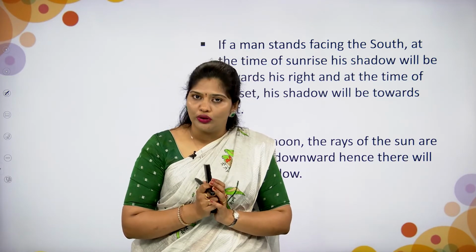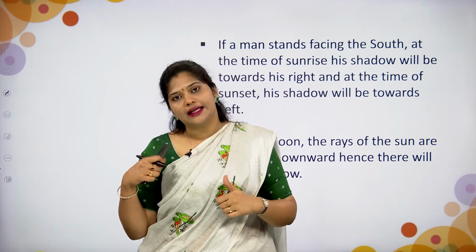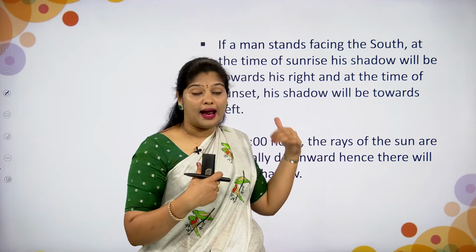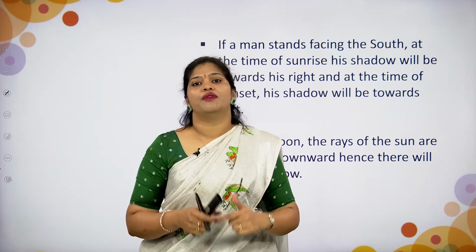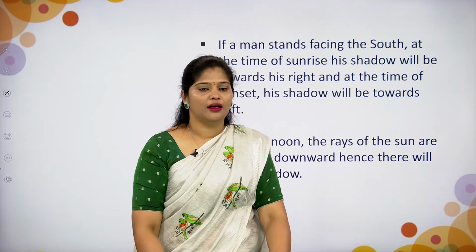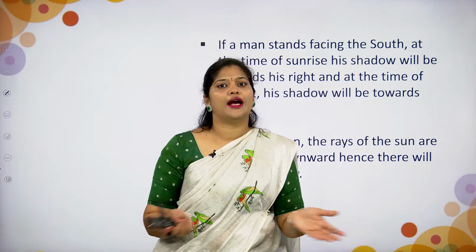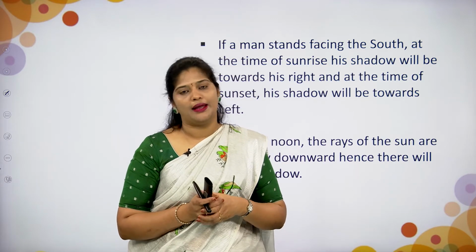Sunrise and sunset we already discussed, and in the afternoon time wherever you stand, your shadow will be in your downward direction, hence there is no shadow in the afternoon time. Okay children,